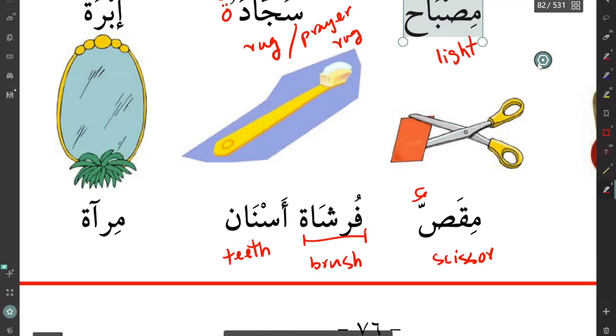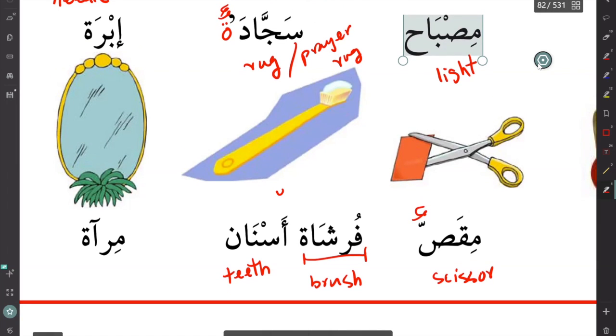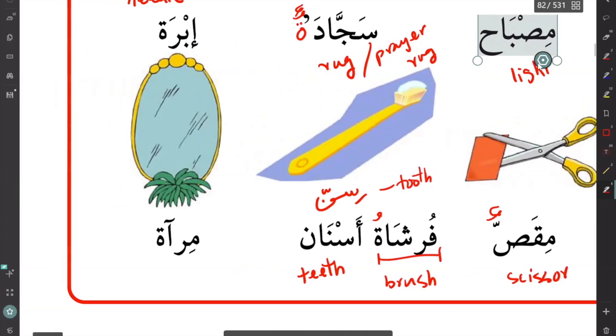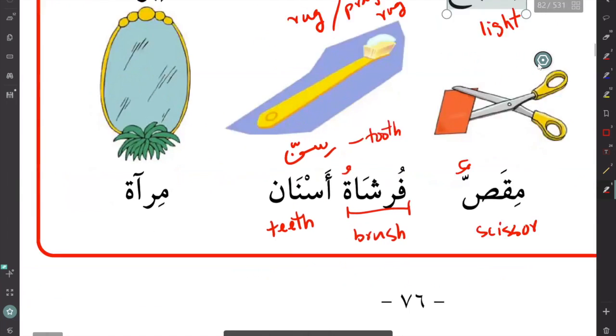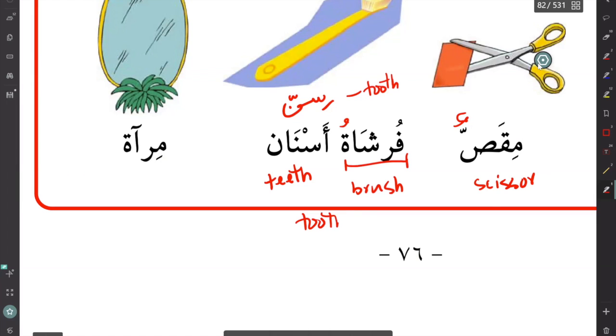Okay, not tooth, teeth. So the tooth in Arabic is sin. I don't know if we did this one before. Sin is tooth. Okay. So in English, we say toothbrush, although we brush more than one tooth. But in Arabic, we say the proper way, right? We say furshatu asnan. So be careful. The pronunciation, you cannot say furshatun here. It's one of those compound words. You say furshatu asnan, which is your toothbrush. So maybe I'll just write one toothbrush.